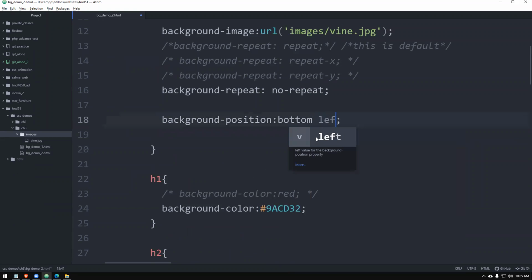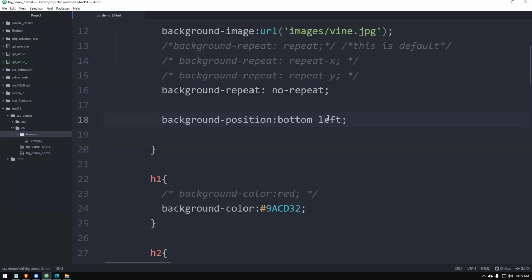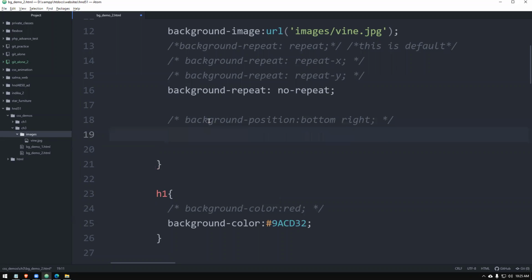If you give bottom left, that's also possible. Bottom right, we can mix that. So it is possible for you to control that. So that is the background position.